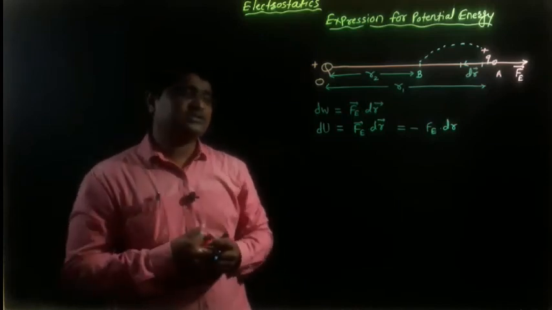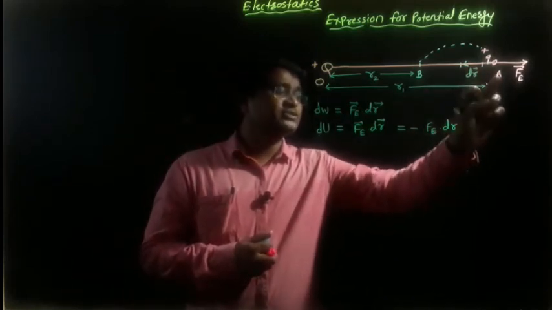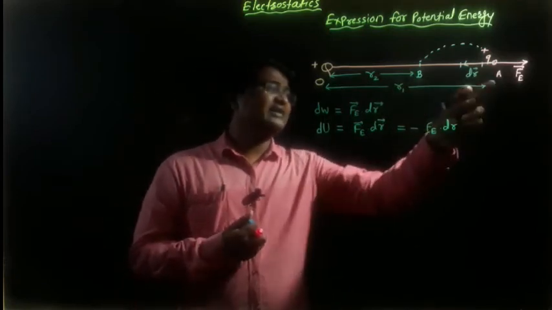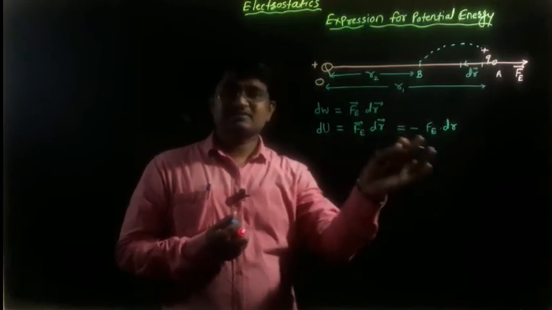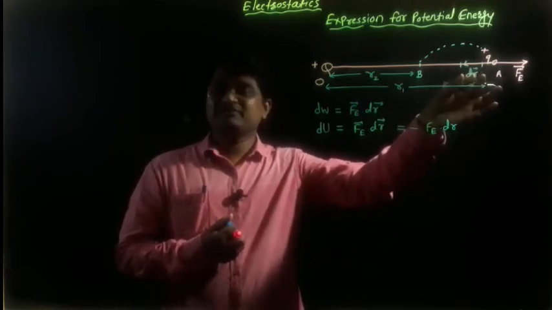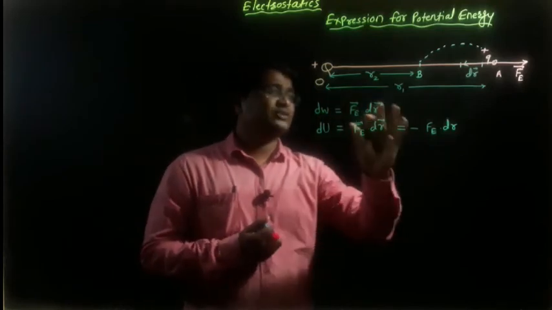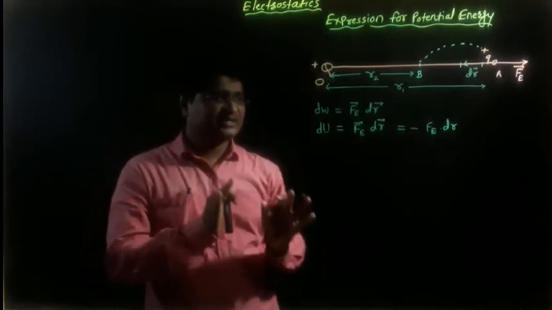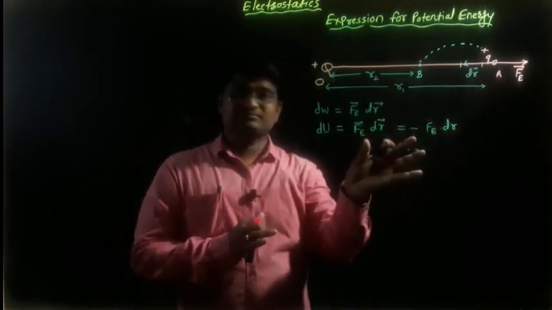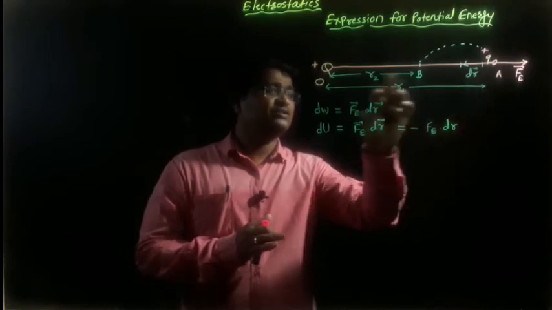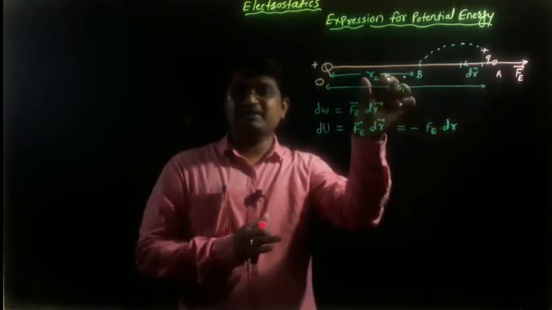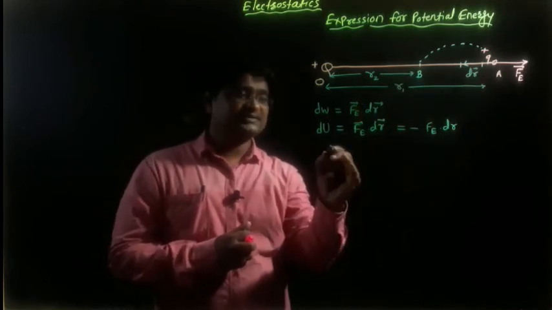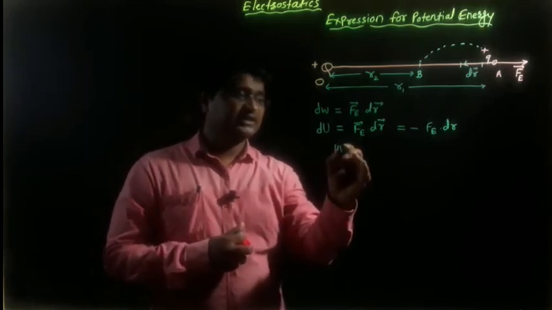But what is the total change in potential energy when the unit positive charge moves from A to B? So simply, integrating this equation. This is the change in potential energy due to the very small element, the very small distance. But what is the total change in potential energy when this unit positive charge is moving from A to B? Now it is very easy to integrate this equation over the distance r1 to r2, initial distance r1 and final distance r2. It means the object will be moving from A to B. So simply integrating this equation.